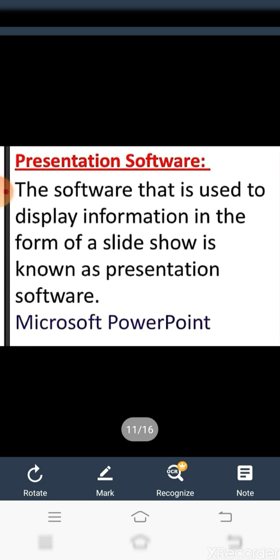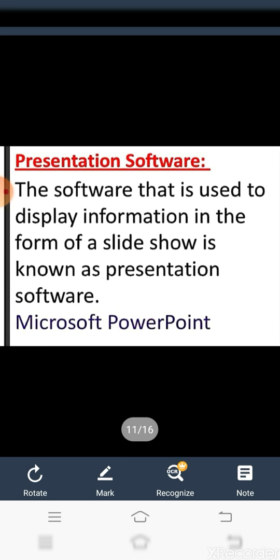Presentation software is used to present an idea or concept in a lively manner. This software helps you to create and display slides on a computer or a projector for business and educational purposes.